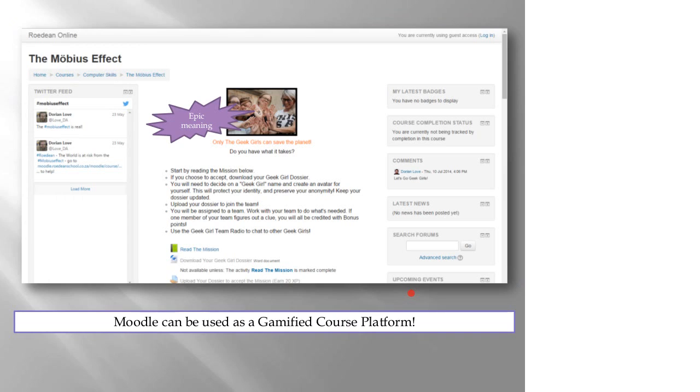So why Moodle? Well, because I love Moodle. I love its features. I love what it can do. And unlike those teachers who think it's really clunky, I think you can really make it work for you. If you look on this particular screen, for example, I think you can see that the Twitter feed is quite important, because if you use a hashtag for example, this Mobius effect, this particular gamified course, students could actually use that hashtag to send clues to each other, to communicate with each other, send links and so on. And that can be quite motivating.